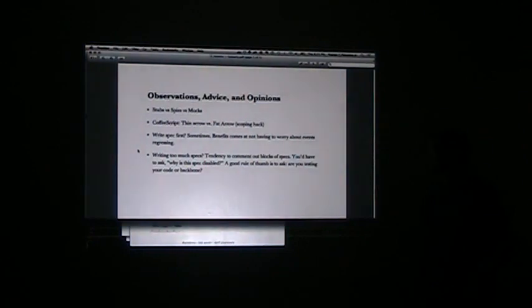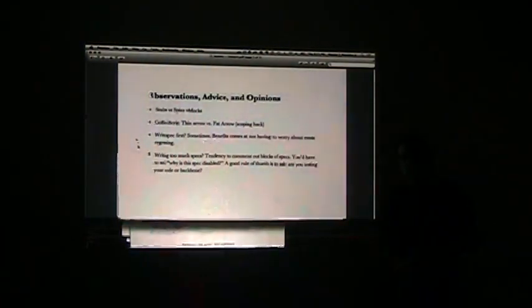I have a tendency to write too many specs and to disable blocks of specs, but then you have to figure out which ones are working or not. A good rule of thumb when writing a spec is to ask: are you actually testing your code, or testing the framework's code? So that's it. Thank you.